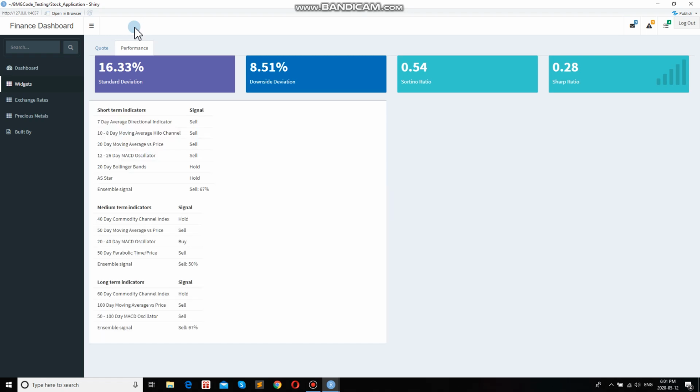Next is the performance tab. Here you will be able to see that I have provided important finance parameters. For example, if the user clicks on any of them, say standard deviation, it will provide the definition for it. Also, I used quantitative data models to develop buy, sell and hold signals based on time series data. So now you can predict when to buy and sell the given stock.